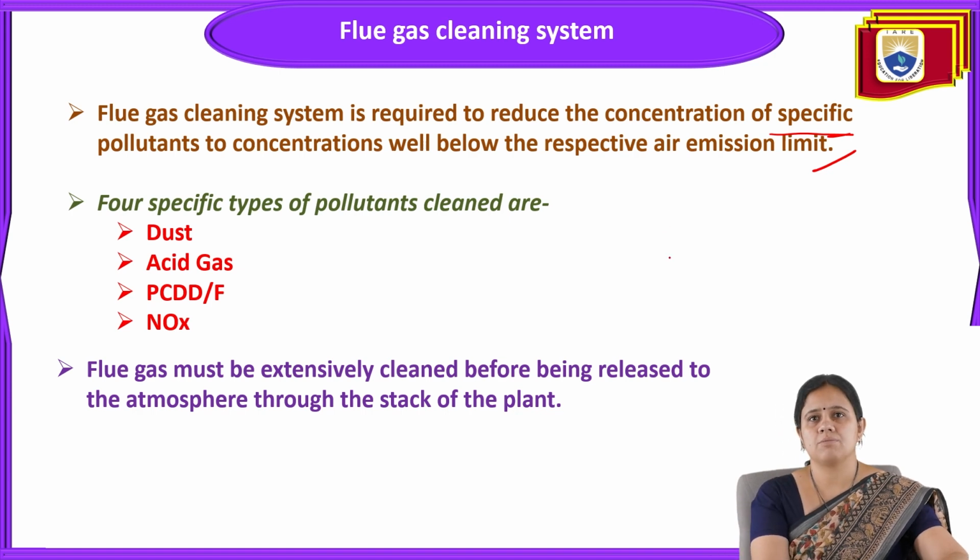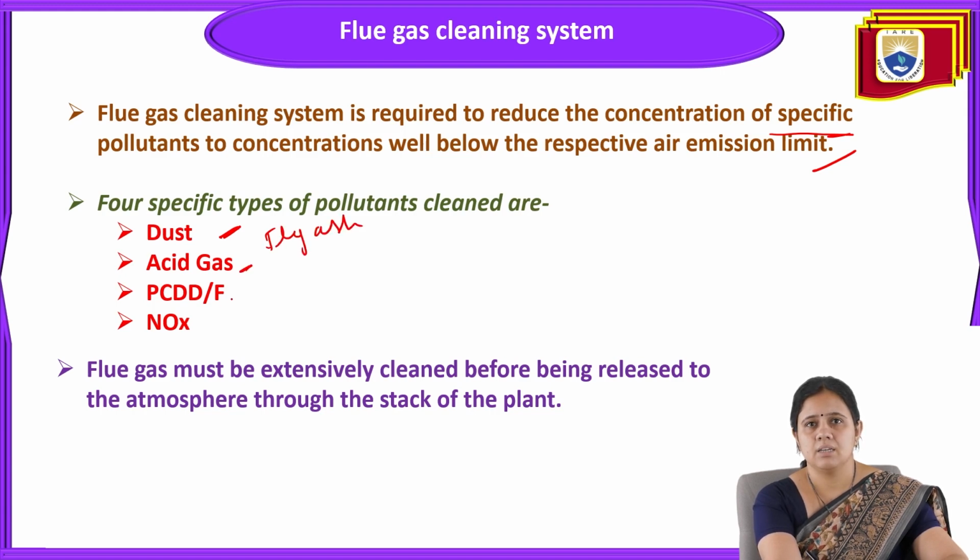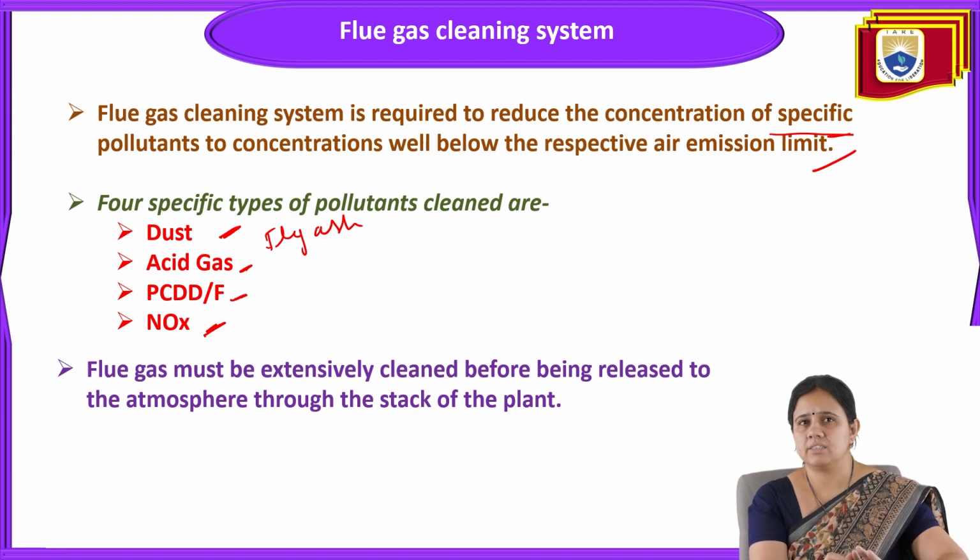Four specific types of pollutants are cleaned. First one is the dust, like fly ash, then acid gases, PCDD, then NOx. Okay, four specific types of pollutants are there that should be cleaned, and the flue gas must be extensively cleaned